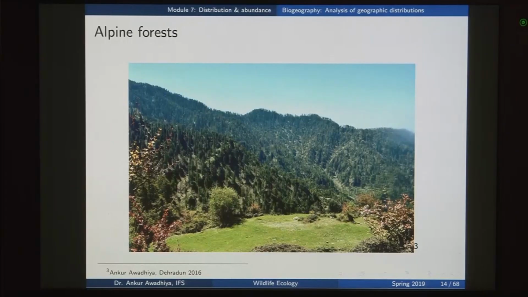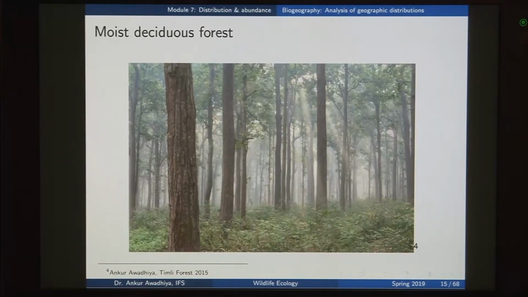Now, these are the alpine forests, and then if we move southwards, we reach the moist deciduous forests. Now, these are again the deciduous forests that are found in Uttarakhand. Now, deciduous forest is a forest type in which the trees have this adaptation that they shed their leaves in a particular season. Now, you could have trees that shed their leaves in the summer season in certain areas. So, when trees are shedding their leaves in the summer season, the main reason is that they want to conserve